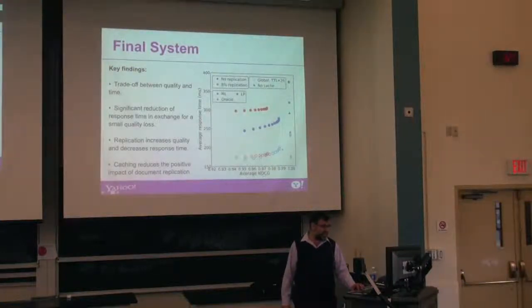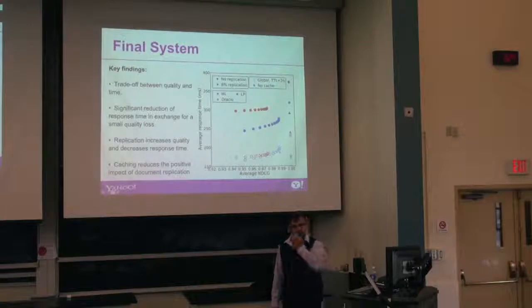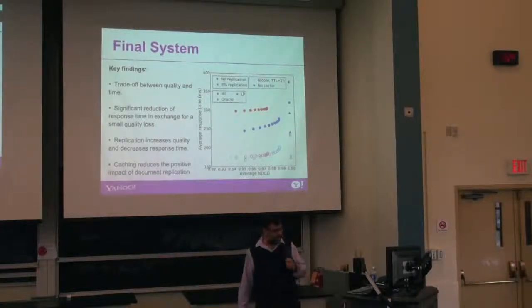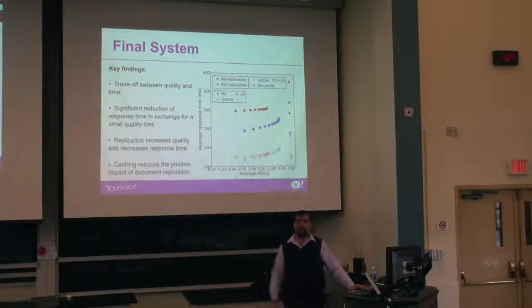But you see that you get a very nice trade-off between quality and average response time in milliseconds. So this is the best: the ML with global caching. Basically, you can answer losing only 1.5% precision relative to the Oracle in less than 200 milliseconds. And this was the final result of putting everything together. So if I had the money, I would get this. It's expensive. But at least there is one possibility to scale, really to scale, and much better than a centralized search engine.